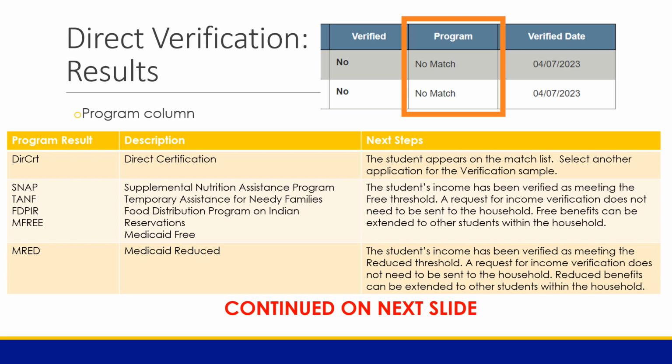DIRCRT means that the student appears in the match list. Again, a new application must be selected for the purpose of completing verification. A program match of SNAP, TANF, FDPIR,